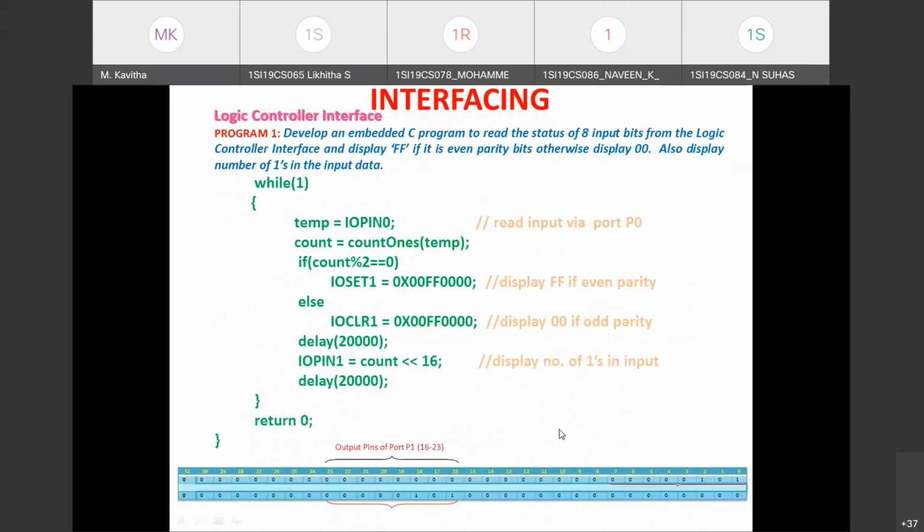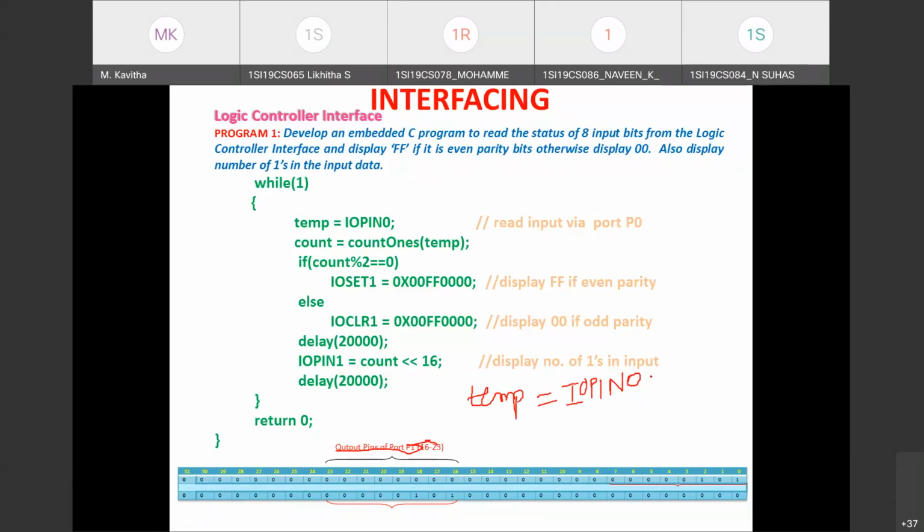Once you read the input, I'm talking with respect to port 0. Don't consider this for port 1 here. So here, once you write temp equals IOPIN0, this is the statement we have used to read the input status of the logic controller.